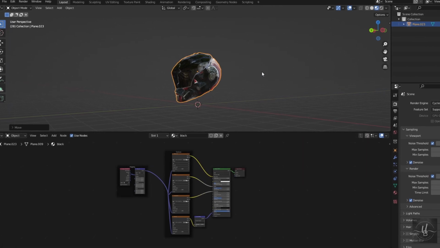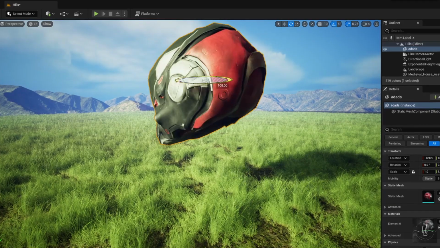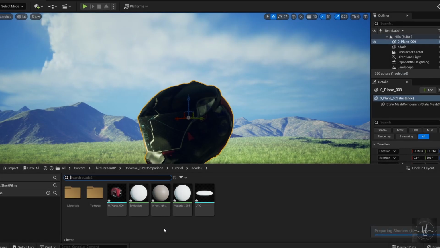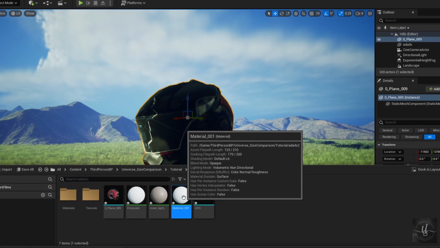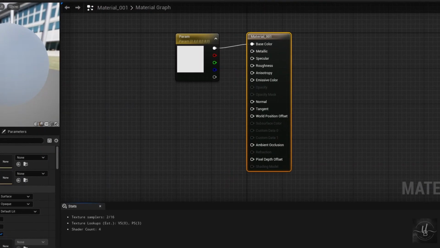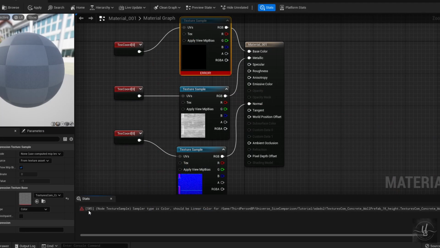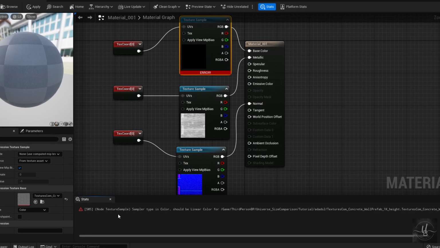Have you ever created a model in Blender and wanted to use it in Unreal Engine 5 but just don't know how to? Or if you already did this, then you may be having some weird problems such as textures not importing properly or not imported at all. Well, then this video is just for you, because I'm going to tell you how to properly export your models